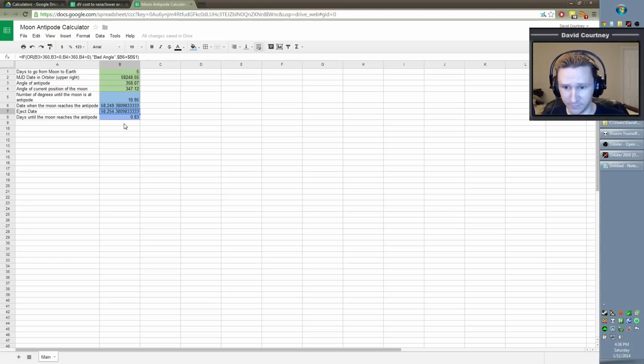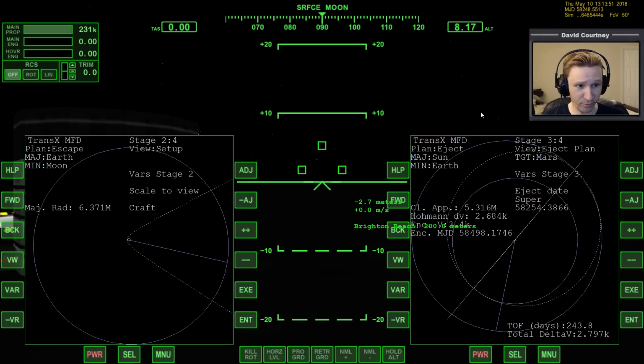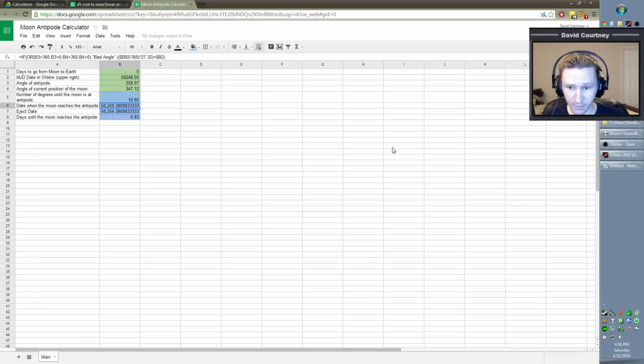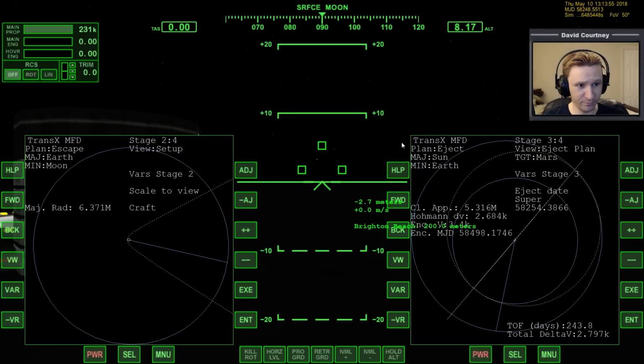Now we need to warp time forward to the new date when the moon reaches antipode, which is 58249.8. So we need to go forward by not quite a whole day. What did I say? 0.38. Okay, we're pretty close. We still have a little bit more to do, so I don't want to bring the date all the way there, but now you can see the